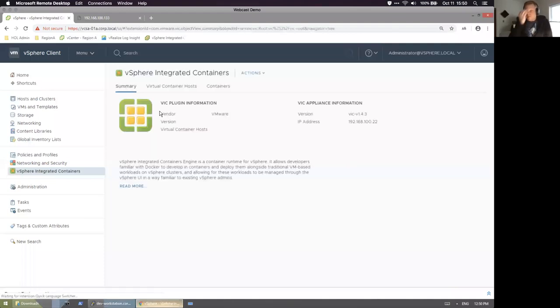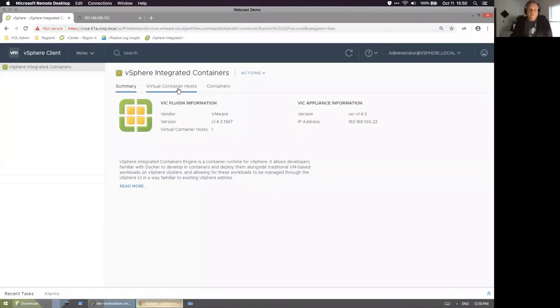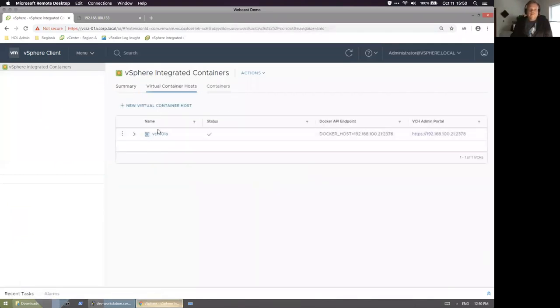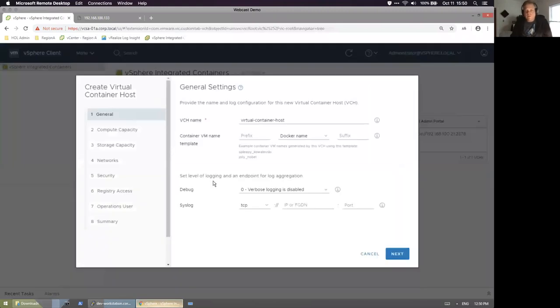But this is another view you get where you can manage your container hosts directly from the vSphere UI. You can create new container hosts as well. I told you you have the option of using that Vic Machine command line that I showed you briefly, but a much easier way to get started is to use this wizard that's going to walk you through every step of how to create your container host and provide you with hints along the way for what we expect at each step of this, so you can make the right decisions on